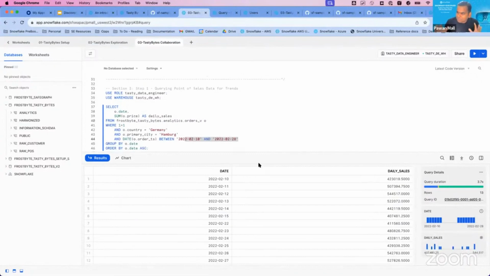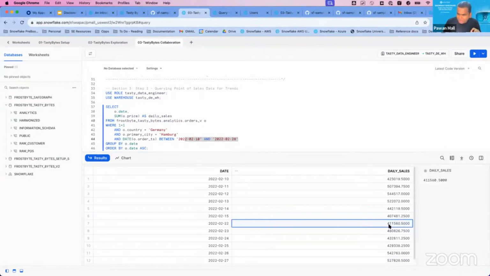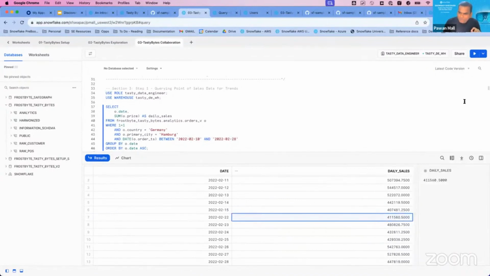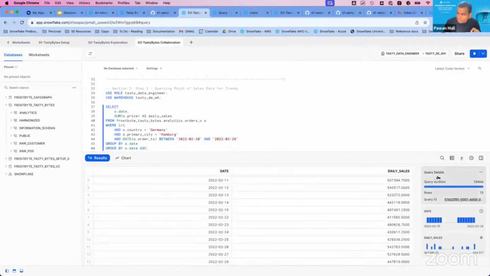Currently, I'm doing this analysis on my first party data, the data present within my organization. I created it in some source, I'm fetching it into Snowflake, and I'm running this query. When you run the query, Snowflake has data profiling built into the platform. On the right-hand side, you can see that during a couple of days in February there were no sales. There were 0 sales. If I scroll down and check this out, during those days there were 0 sales.